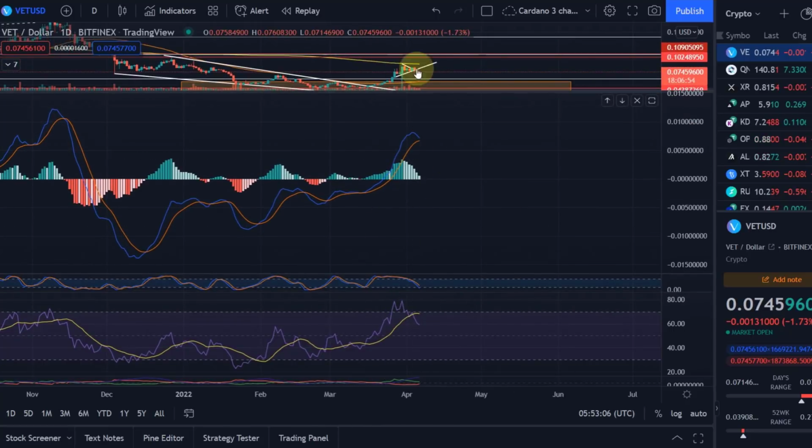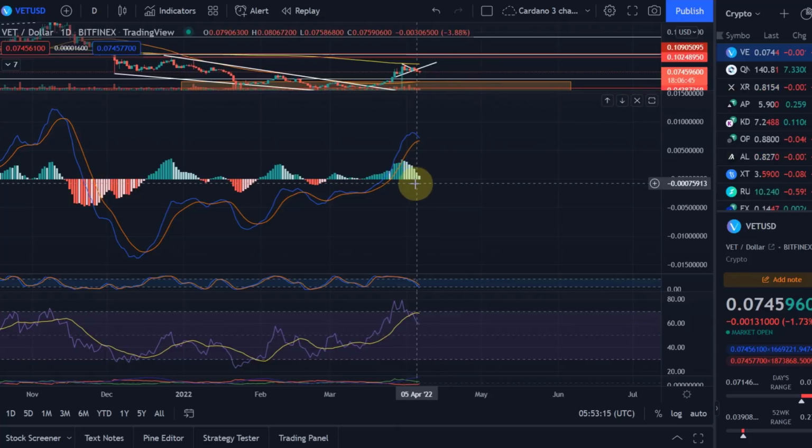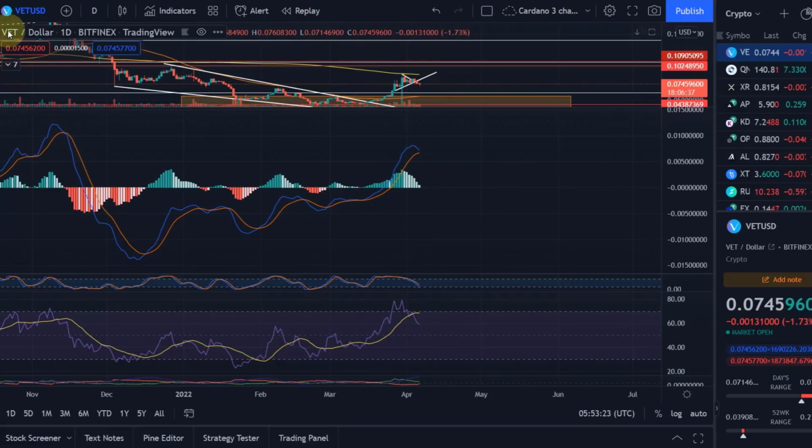We are also expecting here a bearish crossover on the MACD, maybe even today, tomorrow, depending on how fast it's now going to turn around. But again, maybe we see some short upside again before we come down, because nothing is moving in a straight line. But yeah, it seems like the momentum is shifting for now